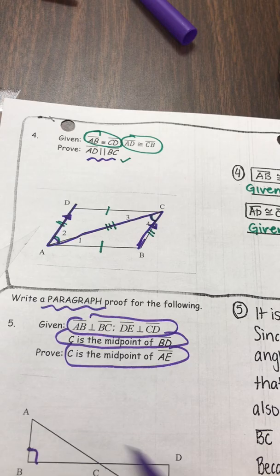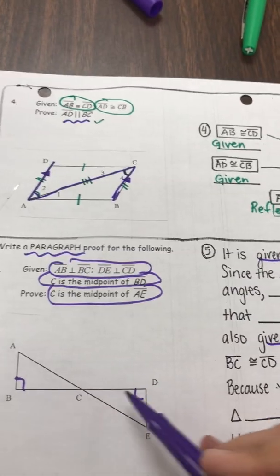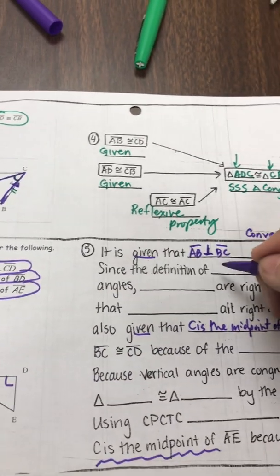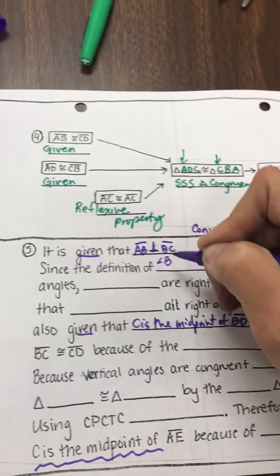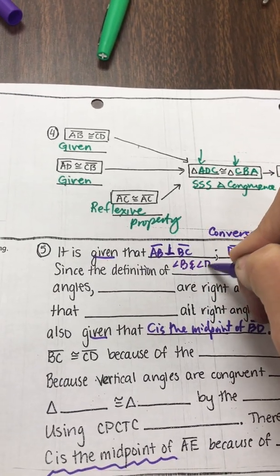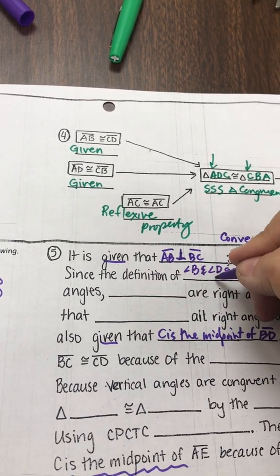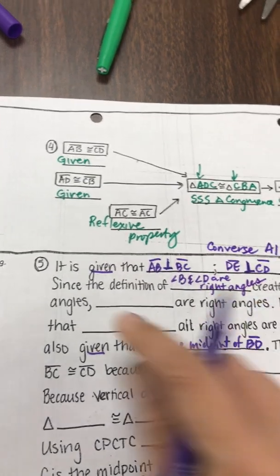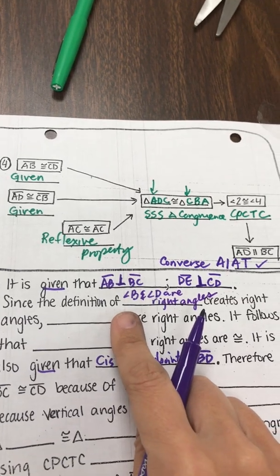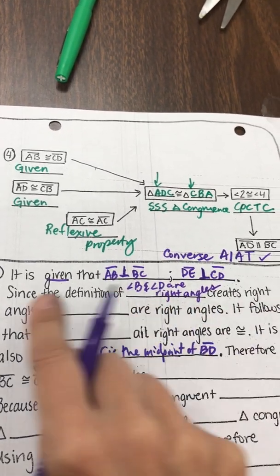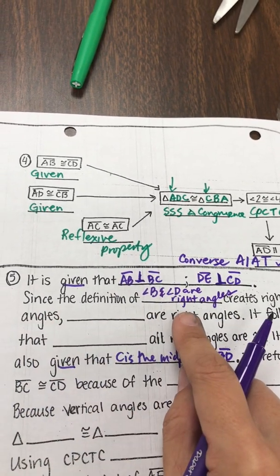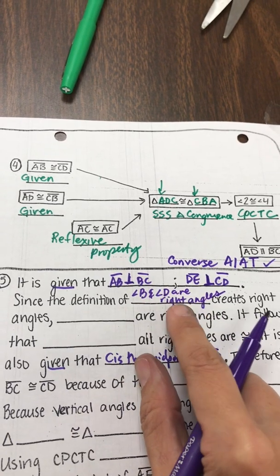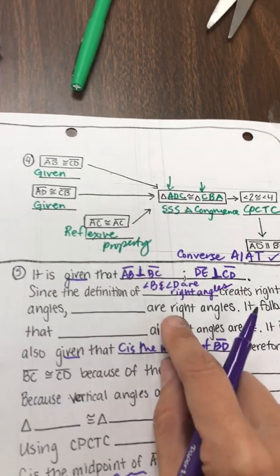So talk about the two angles, so that'd be B and D. Since the definition of perpendicular creates right angles, and angle B and D are right angles, and